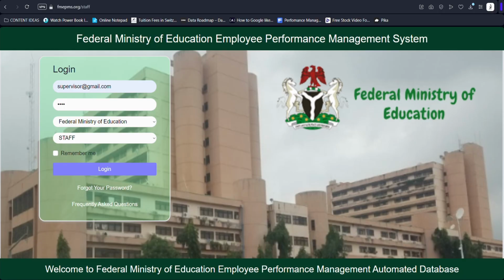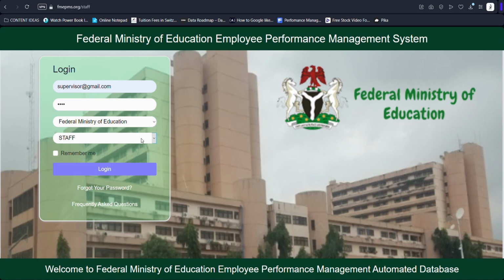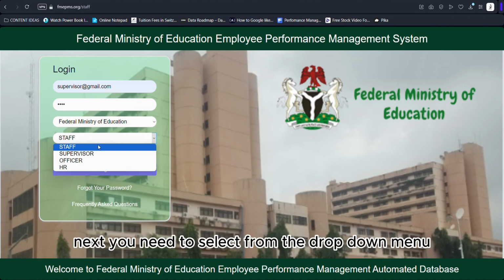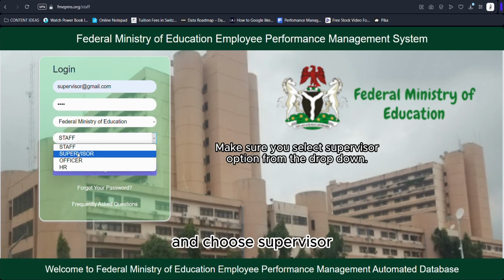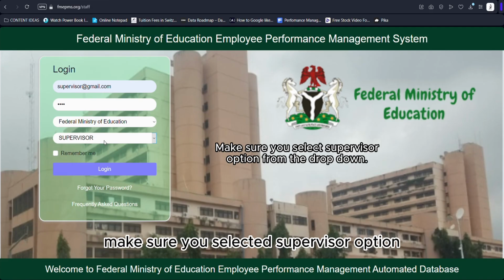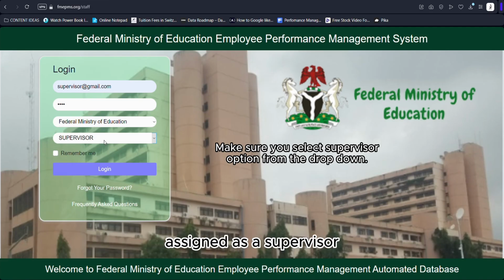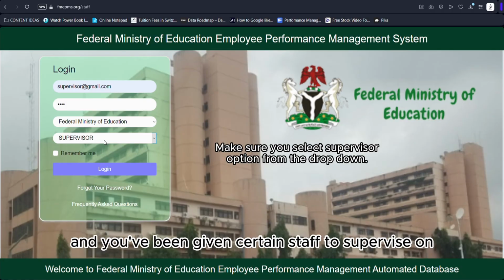Education. At the front page, input your login details. This is the same login details you use to log in as a staff. Next, you need to select from the drop-down menu and choose Supervisor. This allows you to log in as a supervisor. Make sure you selected Supervisor option from the drop-down. This will only work if you have been assigned as a supervisor and you've been given certain staff to supervise